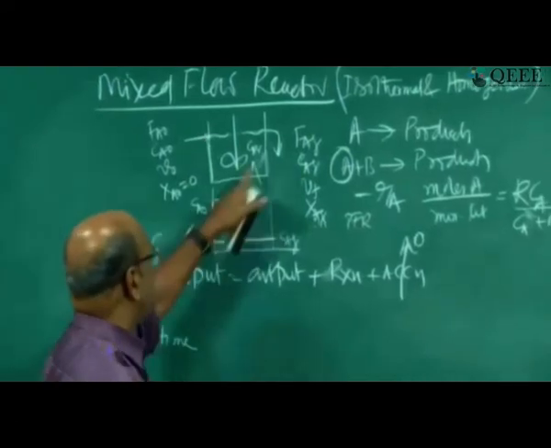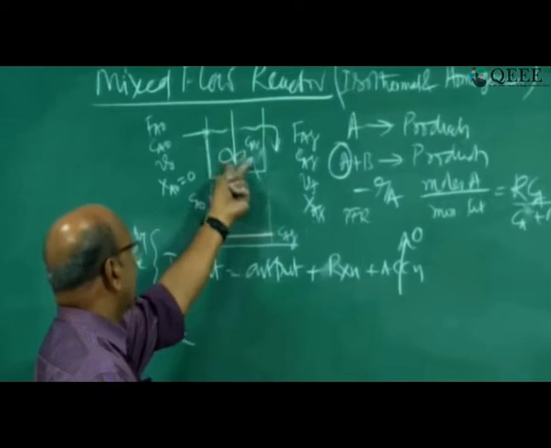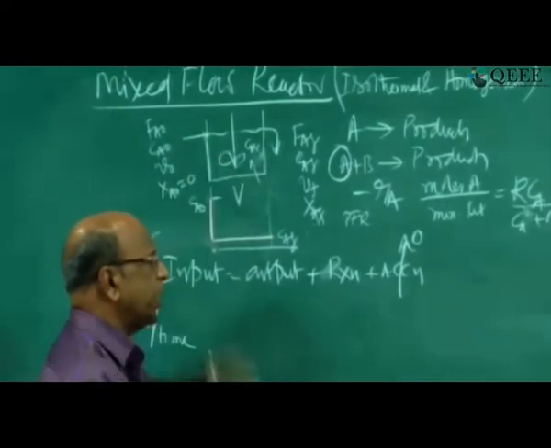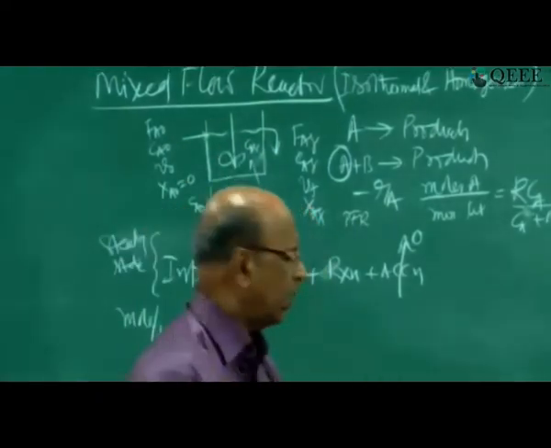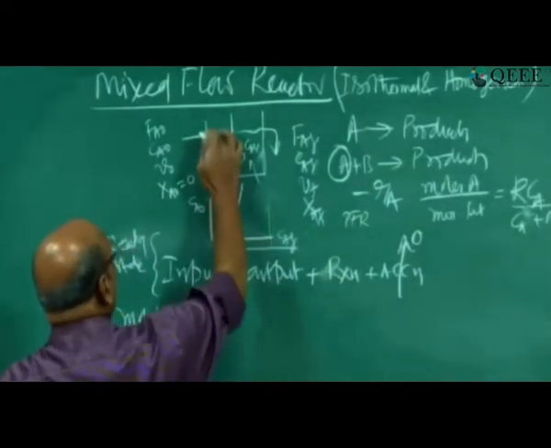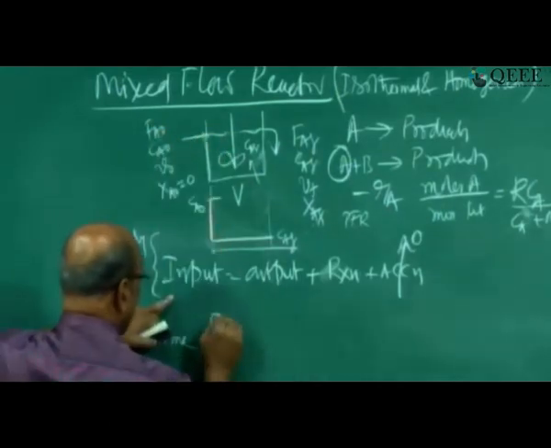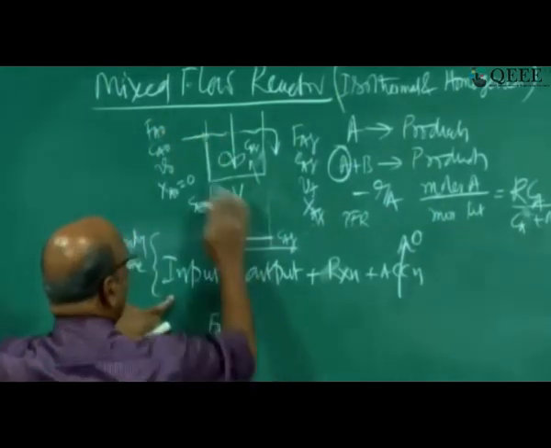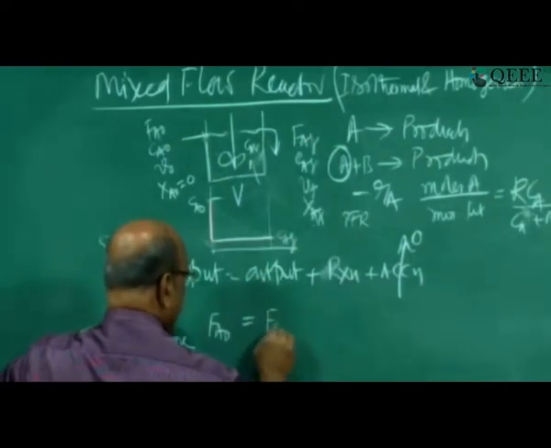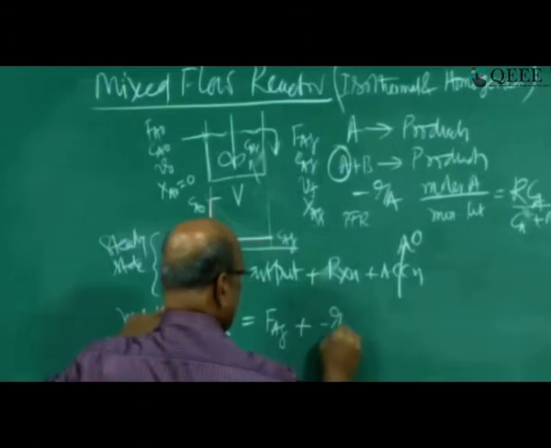One temperature, there is no change. I cannot take an element here and write the material balance because everywhere it is the same Ca, everywhere the same T. So I can't write any energy balance or any material balance. That is the reason why we have to take only the input, which is entering, that is FA0, and output as FAF, plus reaction as minus Ra